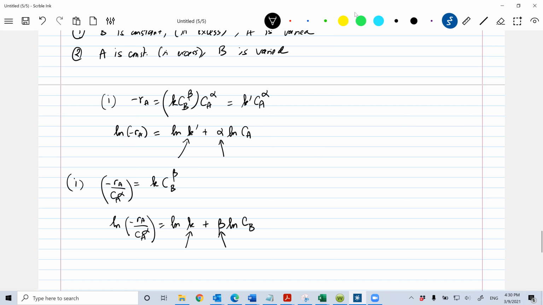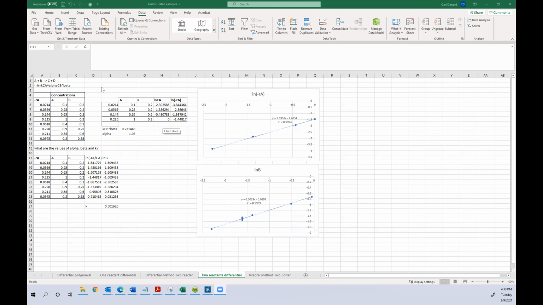It's already worked out, unfortunately. So you just have to follow with me what has happened. Okay, so this is again a reaction where A plus B goes to C plus D, and minus RA is K CA^alpha CB^beta. So this is minus RA. Now this is the data you're given. So you're given an RA